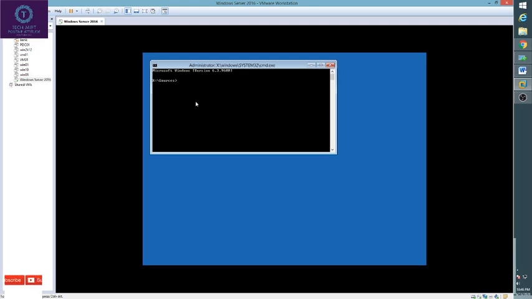Now to find the Windows files, first we have to find the drive. Press C colon, then D colon, and hit enter.